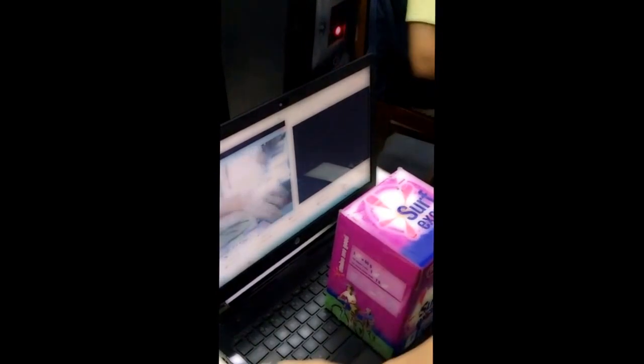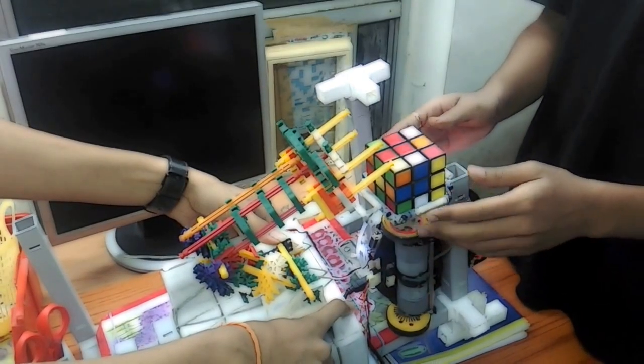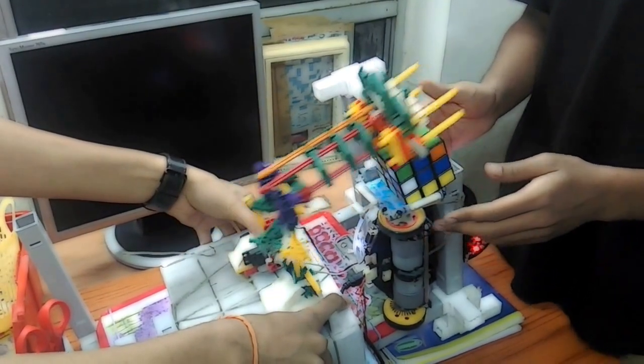As you can see over here, the image processing module has just completed, and the representations and the moves required to solve the cube are displayed on screen. And this is how it actually worked in the lab.